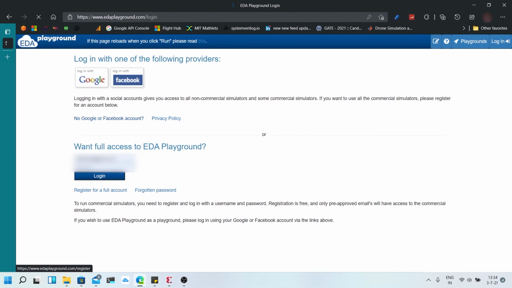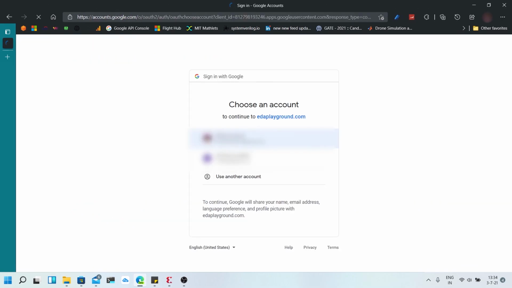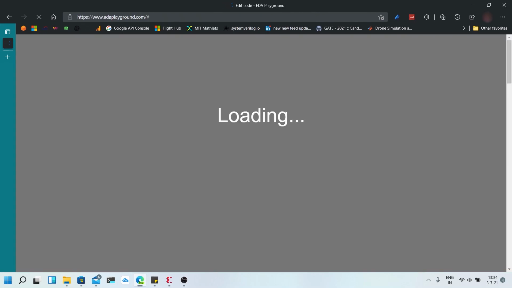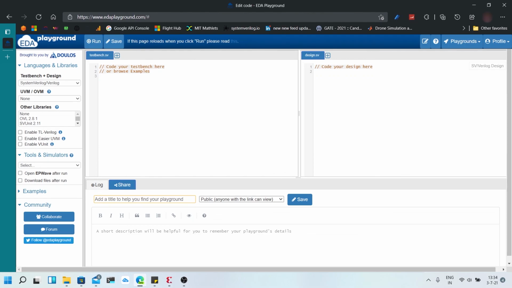We will log in with Google. As we see, we have logged in through our Google ID, and now we can run any code which we write here.